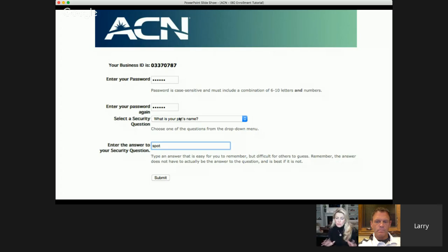if for some reason before they've logged into the back office they forget, you always know it's first and last name capitalized 1, 2, 3, 4, and then of course also using something very generic like what's your pet's name. And Shane said always use Spot, because that way you can always remember, and you can help them get back into their back office if for some reason they can't do it the first time themselves.